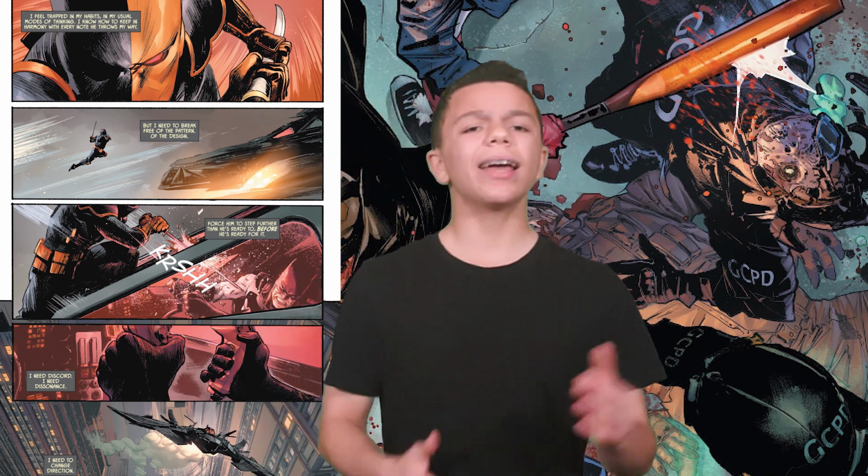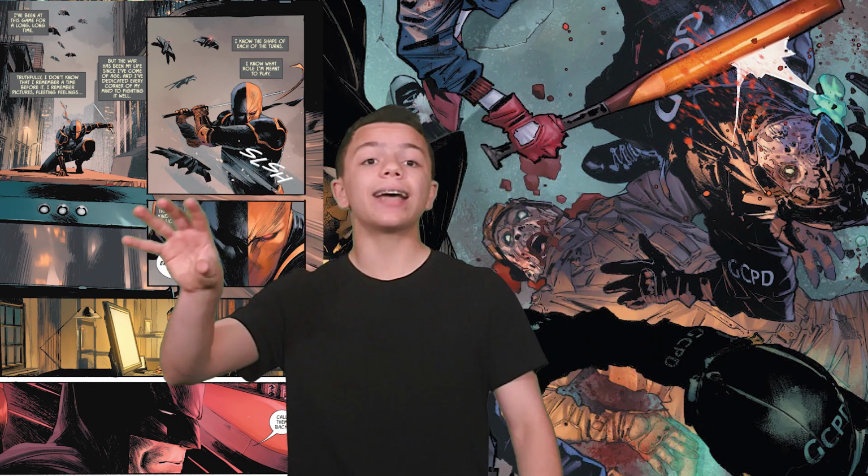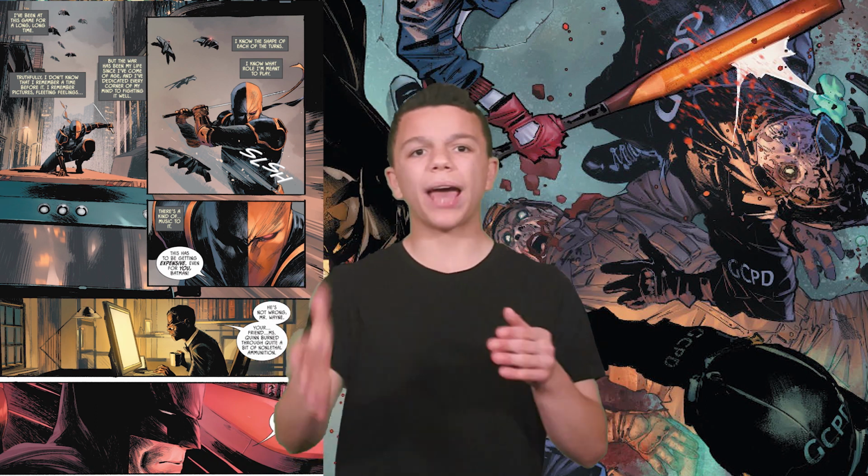They actually fight on the bat plane, and it's a good fight and all, but one thing that I have to address is that Batman has this monologue where Deathstroke's fighting off the drones, and Batman's coming closer before they fight, and he's saying how, oh, the designer, he's kind of making it hard for me. He compares it to music and stuff, and at first it didn't make sense to me, and afterwards it kind of did, but it was a lot of dialogue that honestly I just stopped reading the dialogue and just looked at the images. And they just removed that dialogue, James Tynion's dialogue in those first 3 pages of Batman Deathstroke,